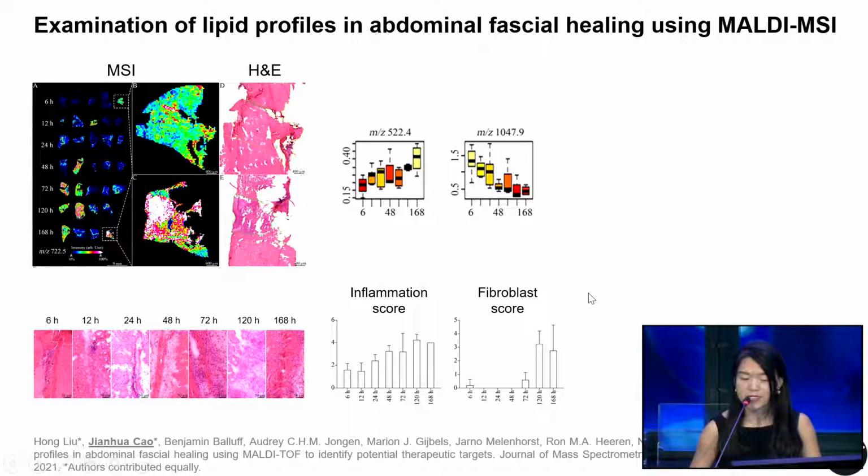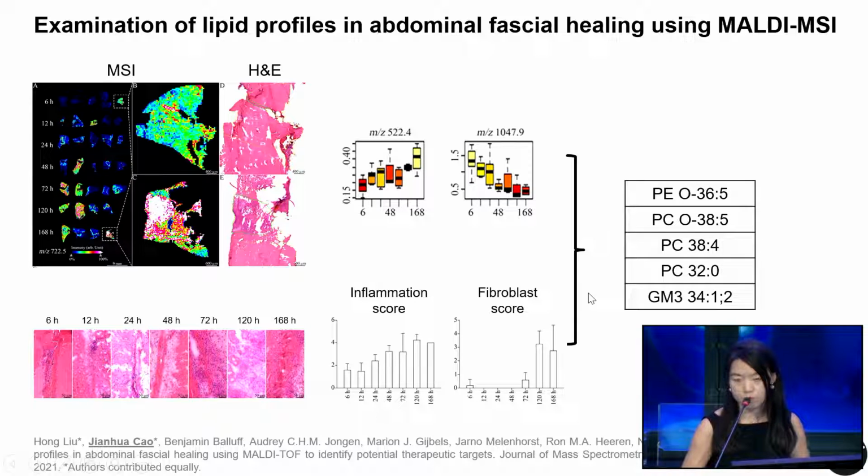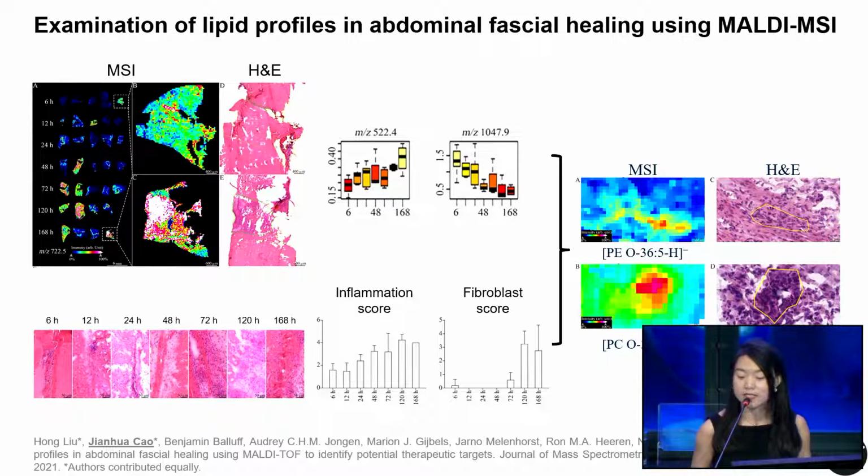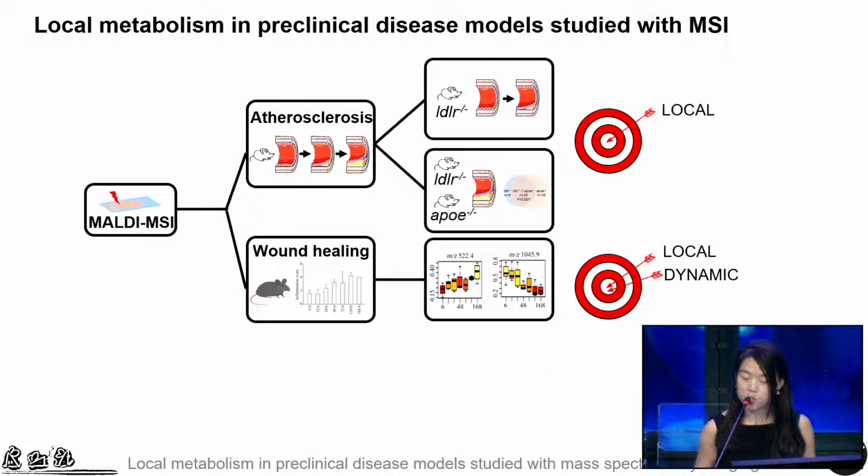This results in a total of 5 lipids found significantly involved in the wound healing process. This is a visualization of 2 selected lipids. You can see they are more abundant in the inflammatory region. In short summary,